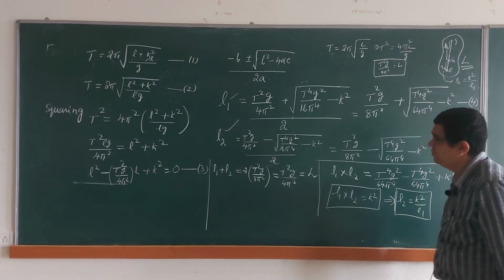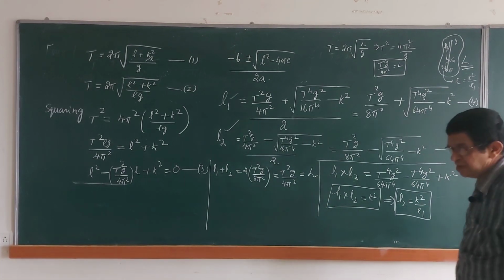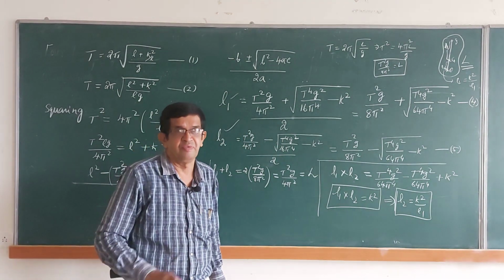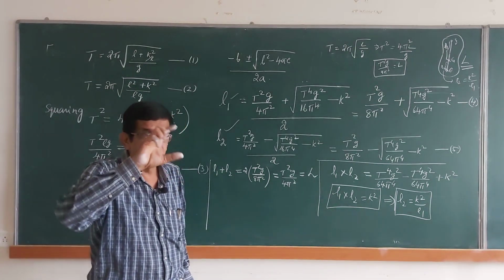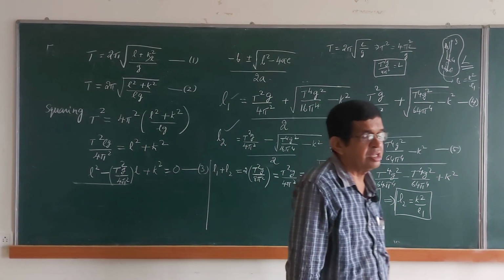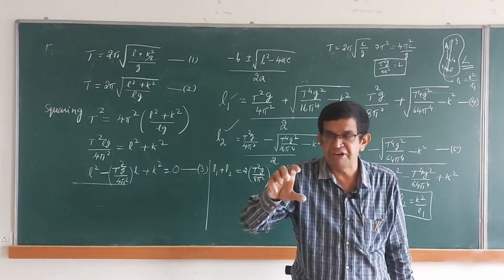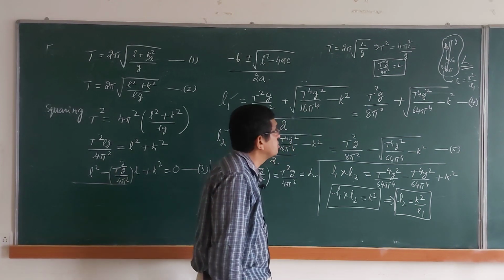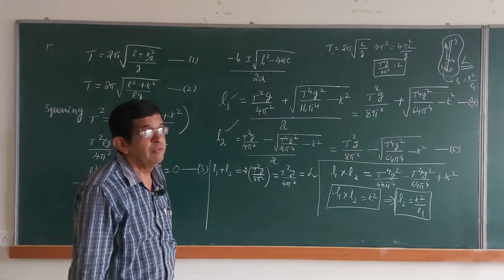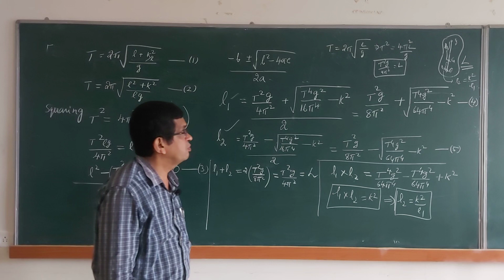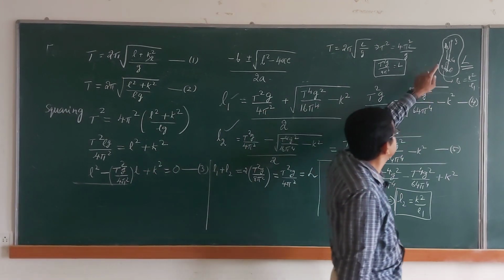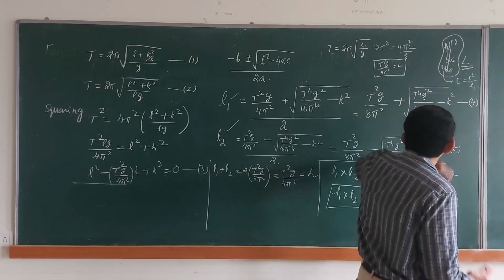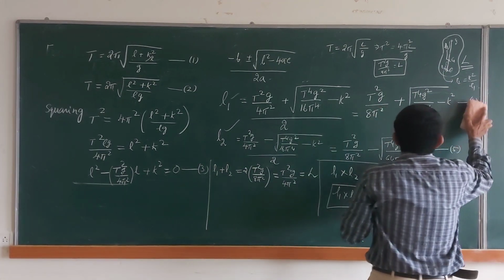Now, what we are doing here, let us take the center of gravity as the center, and then we draw two circles. We take the center of gravity as a center, then we draw the two circles, and these two circles have radius L1 and L2 respectively. That means one circle has the radius equal to L1, and the other circle has a radius equal to L2. We draw the two circles.